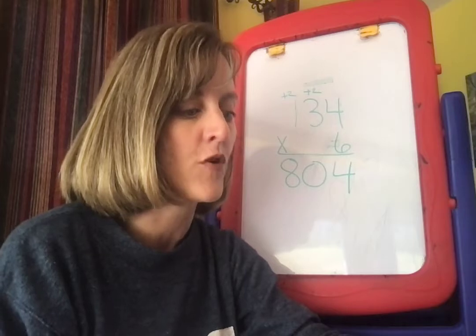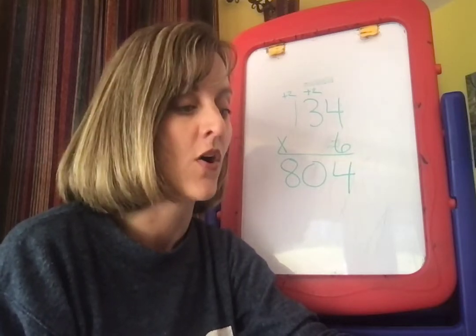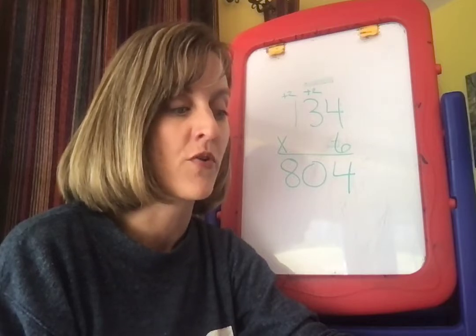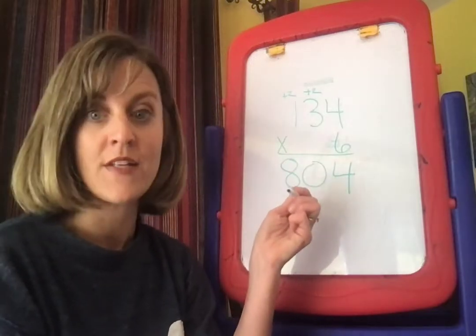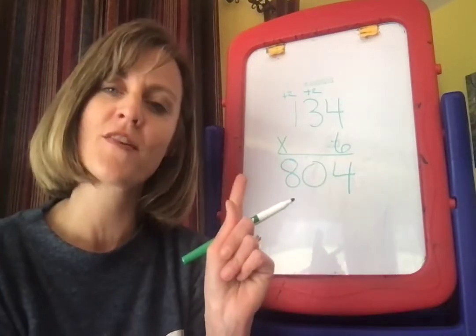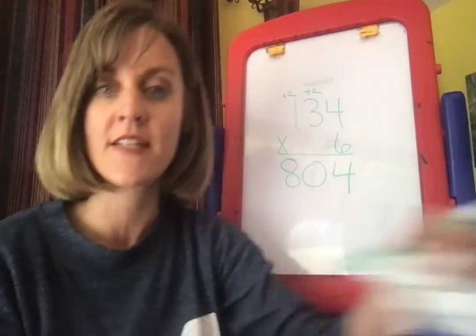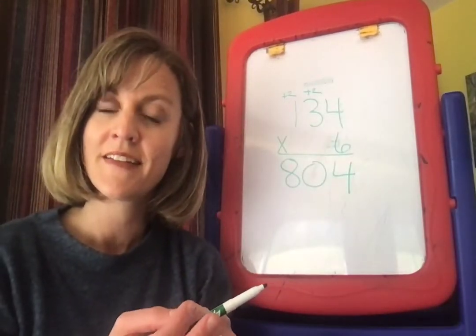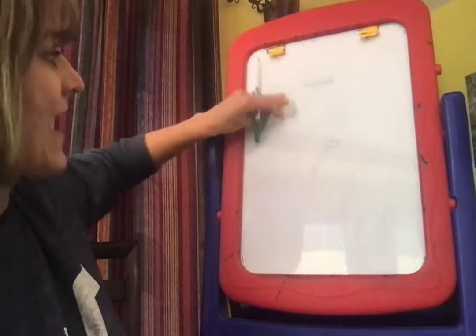How many pounds of fruit would both the apple tree and the cherry tree produce? Okay, so we already know that the cherry tree produced 134 pounds, right? And the apple tree produced 804 pounds. So think about that for a second. If I need to know how many they produced together, how many pounds together, what am I going to do, class? I hope you said add, because if you did, you're right. We are going to add